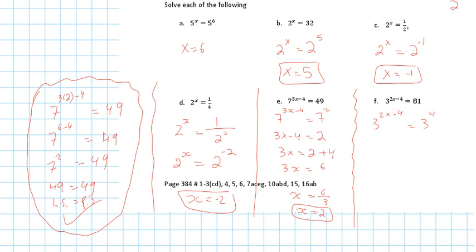What can I do now? Drop the base, make the exponents equal to each other. So that's going to be 2x minus 4 equals 4. So I'm going to bring the negative 4 over as a plus 4. And then divide by 2. So x equals